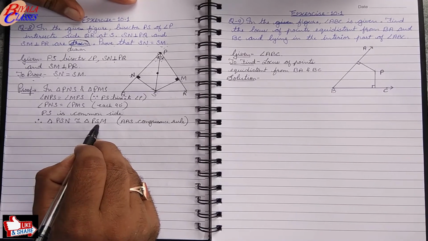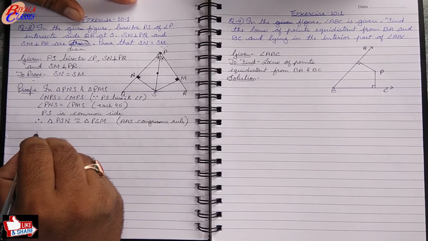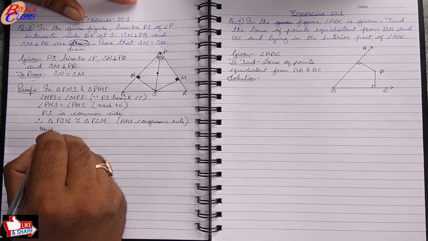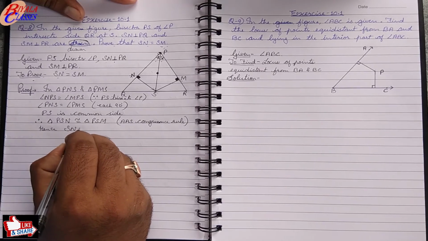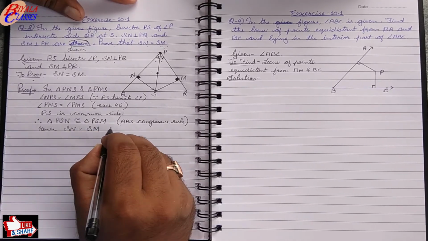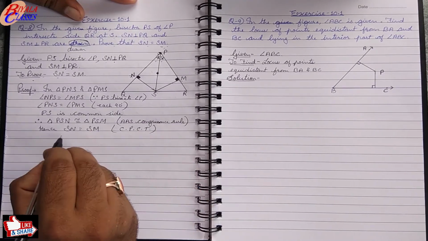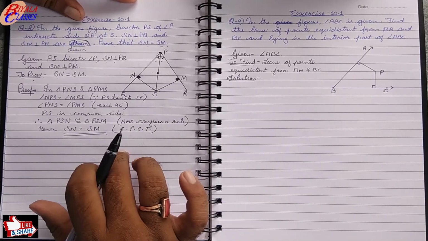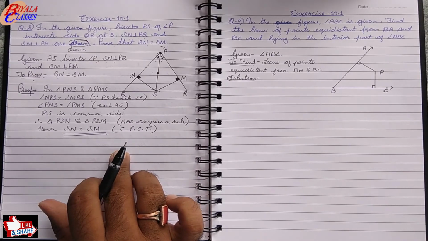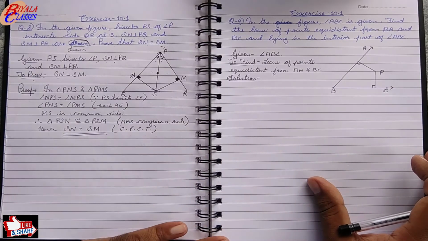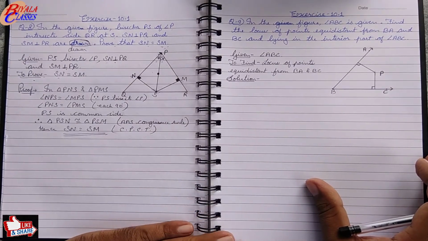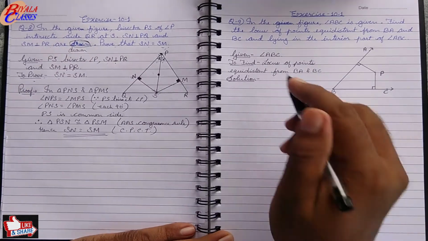And once these two triangles are congruent, then their corresponding parts will be equal. So hence SN is equal to SM. This is the corresponding parts of congruent triangles. Hence it is equal. Now if we move towards question number 9, the last question of this exercise, it says